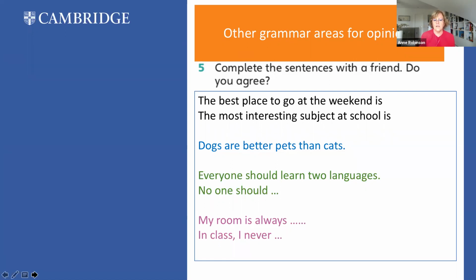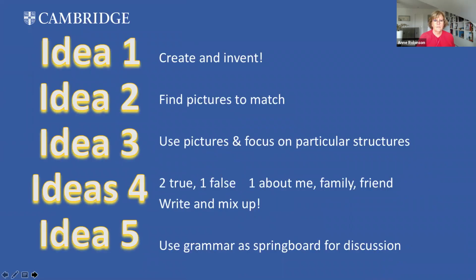Adverbs of frequency: you can compare yourself, how you behave, what your bedroom's like, is it tidy, untidy, warm, cold. "I always have the door open." You talk about and compare yourself with your classmates, in this case, but using a particular grammar area. So there are my five